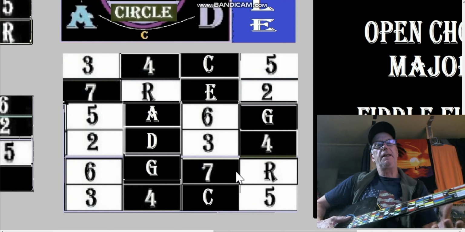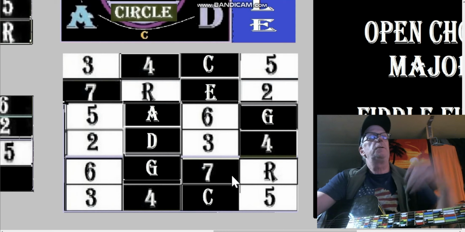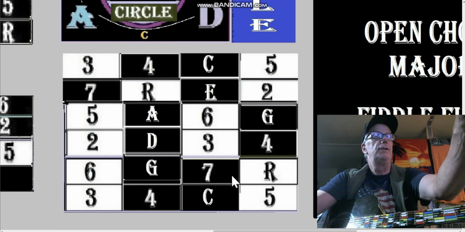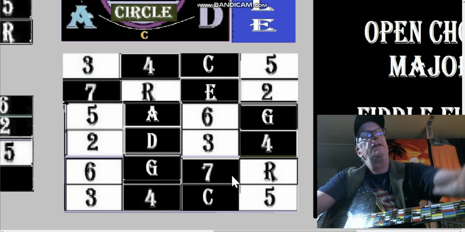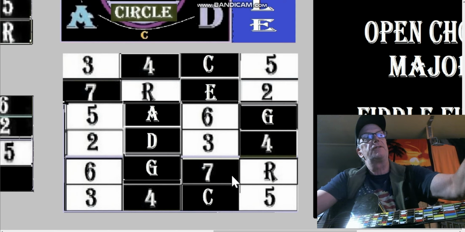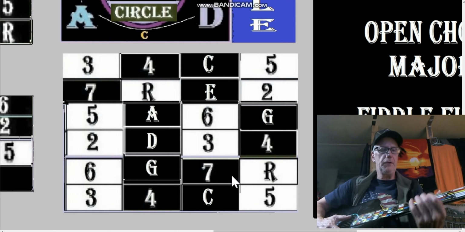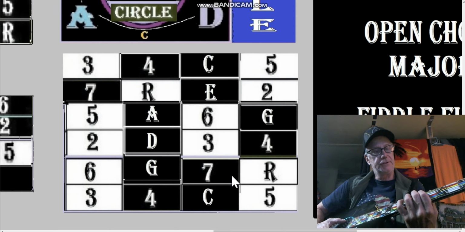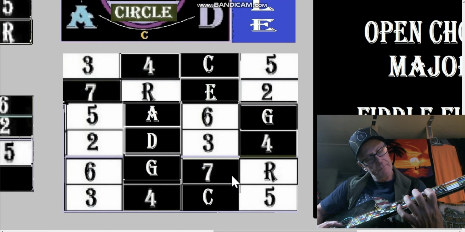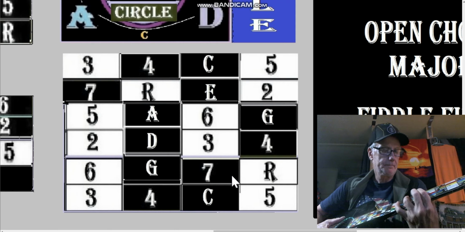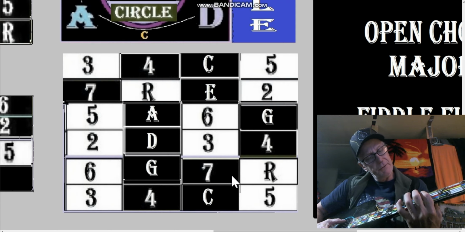Okay, and that F pentatonic is going to be 4, 5, 6 root 2. That's the F pentatonic, and the G pentatonic's 5, 6, 7, 2, 3. So the F pentatonic, let's do it. Okay, and that F's gonna fit into, so it's